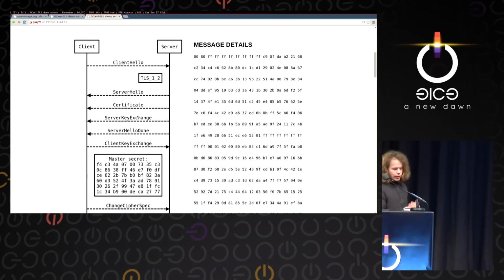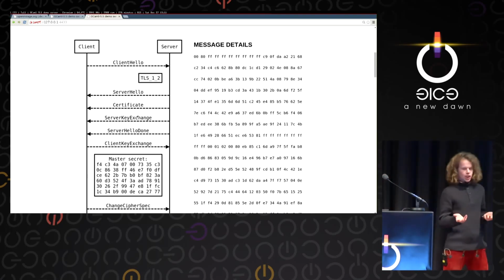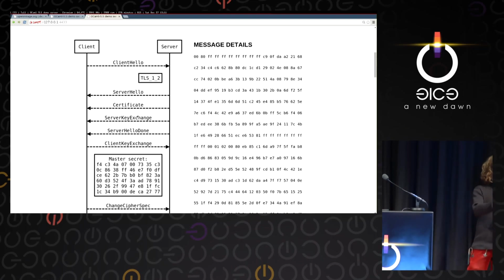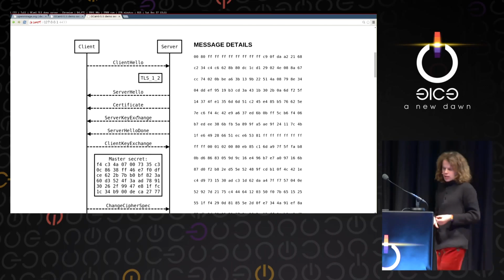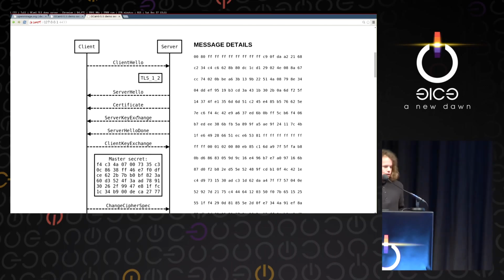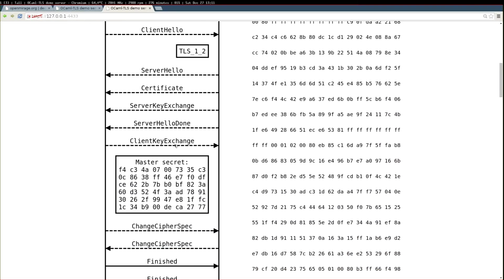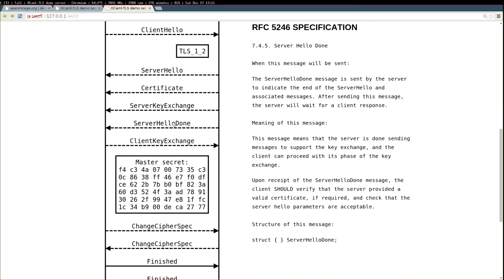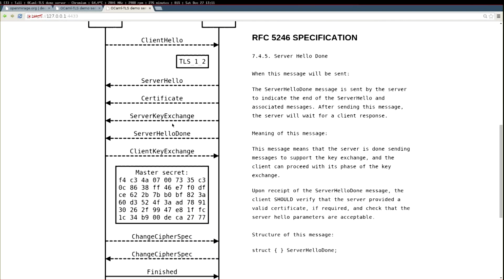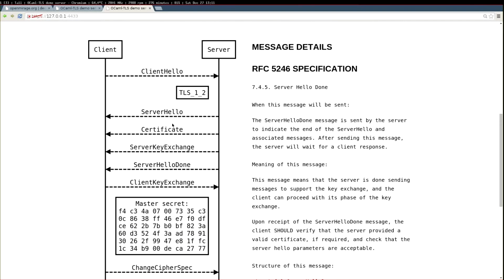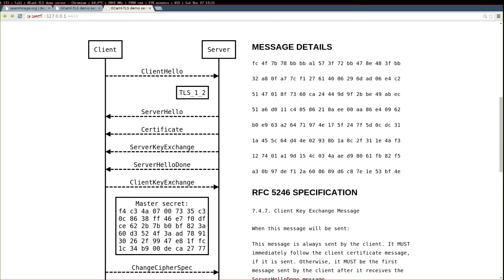Then, since we are doing an ephemeral Diffie-Hellman key exchange here, we need to negotiate, or we need to pick the Diffie-Hellman group and so on. So the server also sends here the Diffie-Hellman group, the generator, and its public over the wire. And then the server ends with the server hello done, which is, well, now I'm done here with my key exchange. You continue, and the client,